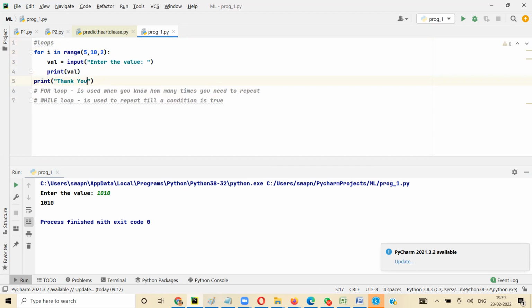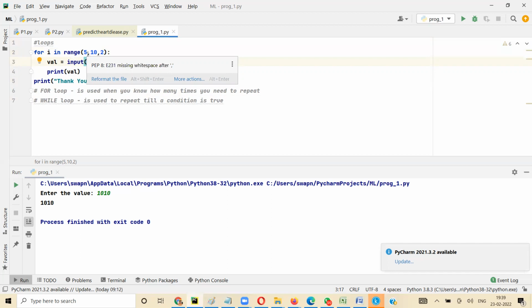if I write something like this, print thank you. So the thank you here is outside the loop. This will not be part of the for loop. But the tab we have given, this indentation, we already discussed about indentation. Indentation indicates that it is part of the for loop. So for loop starts at line number 2, goes to 3 and 4, then again goes back to 2. 3 and 4, 2, 3 and 4, 2, 3 and 4, 2, until I does not get any new